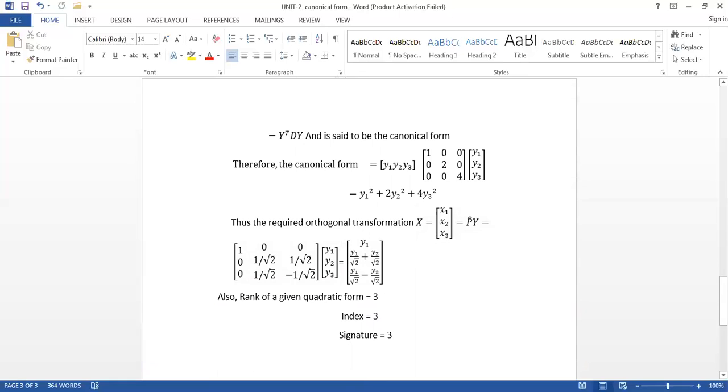And what is rank? Rank is nothing but the number of terms in the canonical form. We have 3 terms in the canonical form, so rank equals 3. Index is the number of positive terms. All terms are positive, so index equals 3. Signature is the number of positive terms in the canonical form minus the number of negative terms. The number of positive terms is 3, with no negative terms, so signature is 3 minus 0 equals